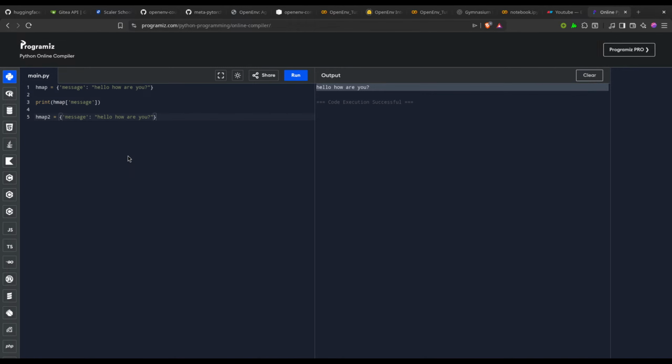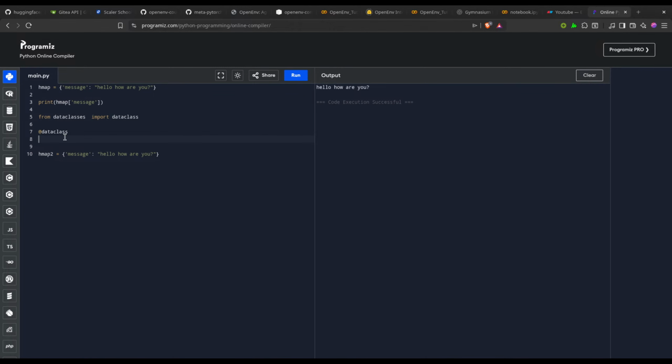It is dataclasses, or what was it? Code dataclass, I think so. It should be like that. And then I just needed to define a data class. This is how you define a data class. Just below this, you need to create the class or the module. Let's say I wanted to call it Messages.